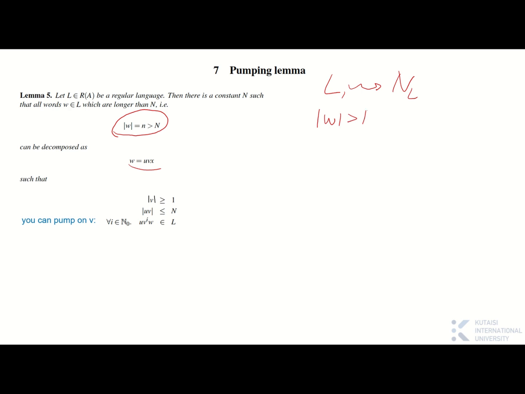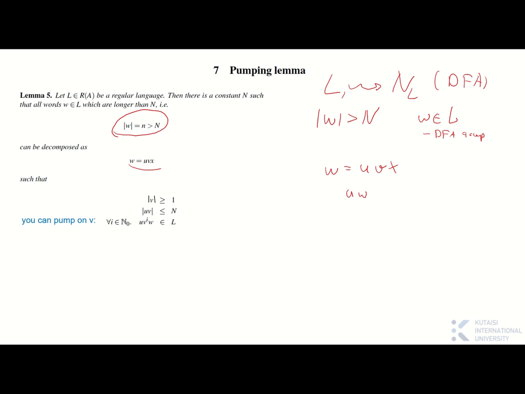which is longer than this n, and I also know that it's accepted. This is the same as giving you a DFA. Always think of it this way if you prefer. So I gave you a regular language, that means I gave you a DFA. That means that if I give you a string which is longer than some number, and your DFA accepts it, then I can write your string as 3 other strings. I can decompose this into 3 parts, such that